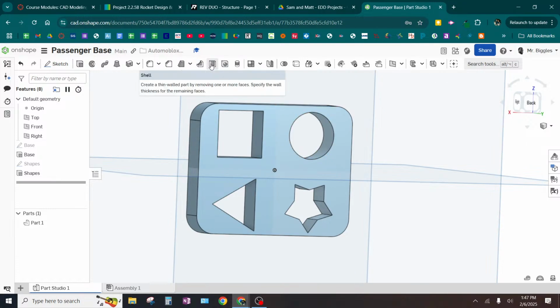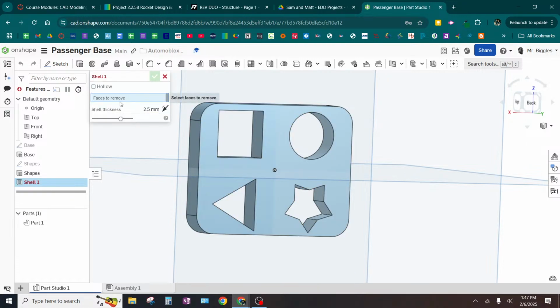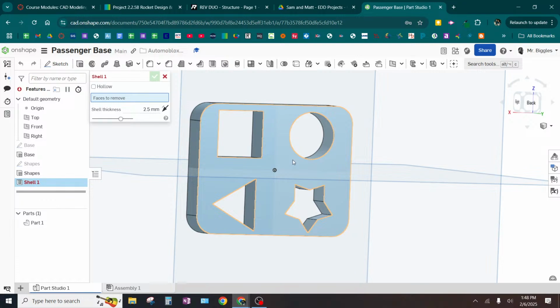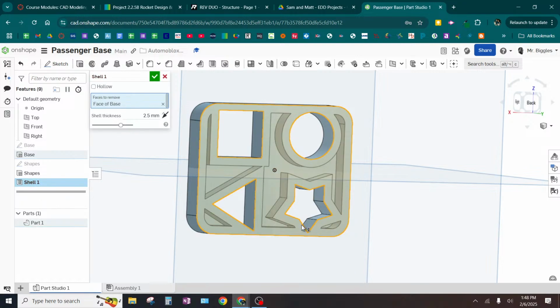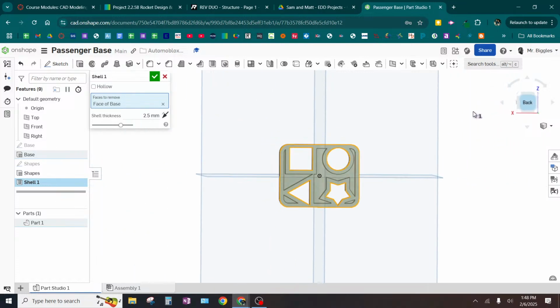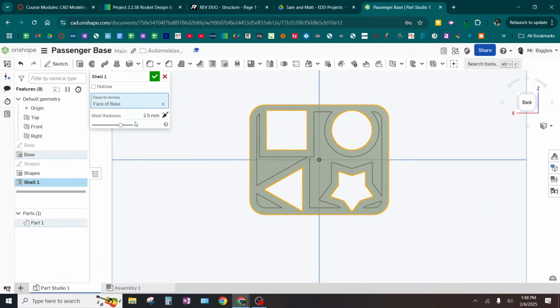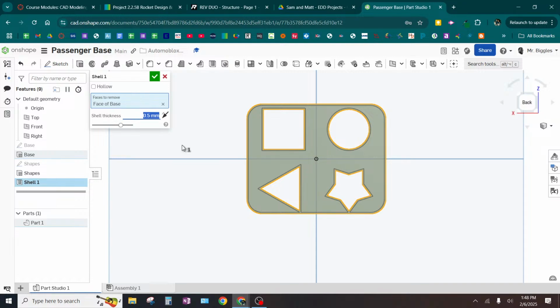Here's the shell feature. It says faces to remove. You just click on the bottom. Now, how thin should you make the wall? If you go really thin, it works. If you go thick, it works. There's a certain range of thicknesses that do not work. For example,